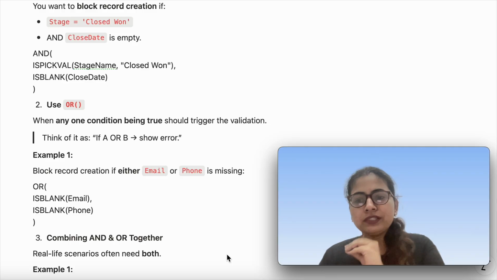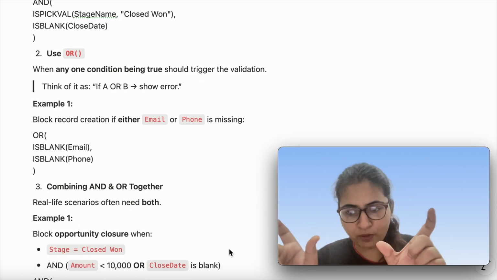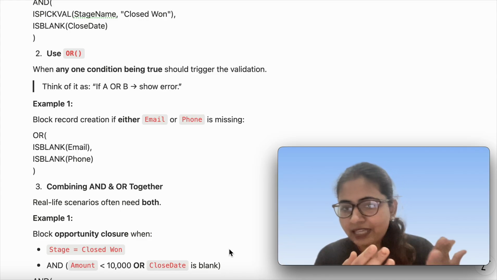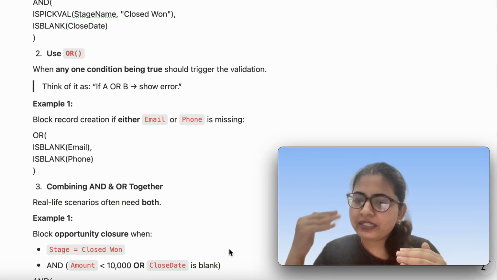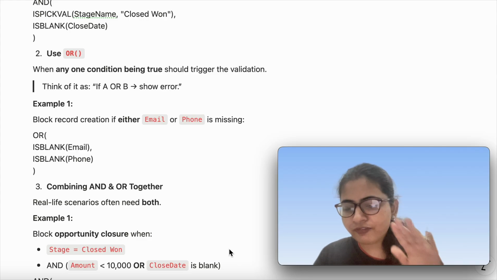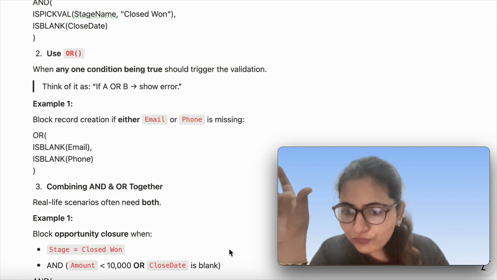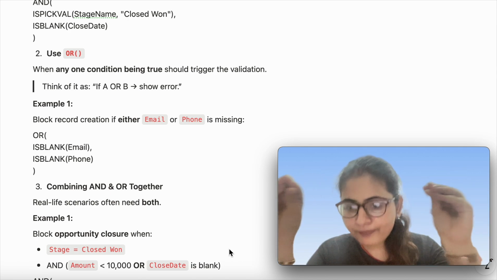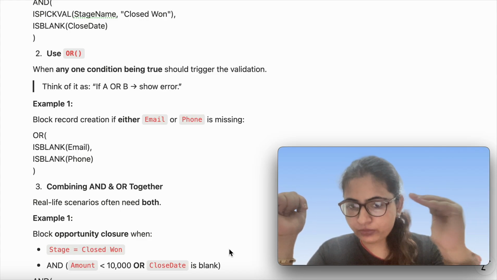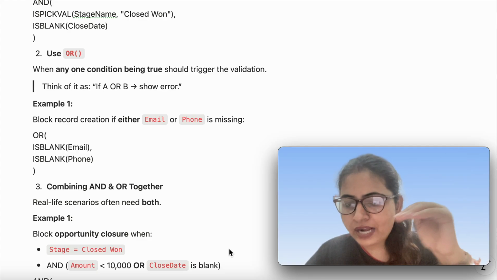When does the OR operator come in? This is a problem, and this is also a problem. If I am thinking that any one of the problems the user has made should raise an error, say a missing email or a missing phone, even if both of them are missing, or even if only one of them is missing, then I would show an error. If either of the two conditions should show an error, we are going to use the OR operator. Then in real time we may see combinations of OR and AND operators.